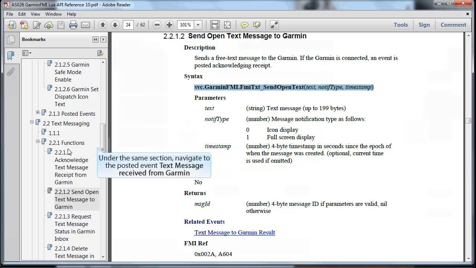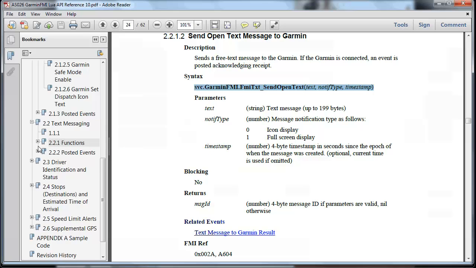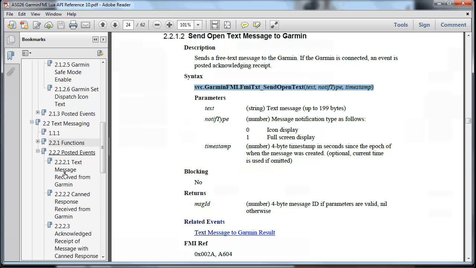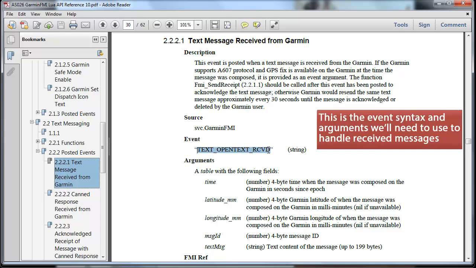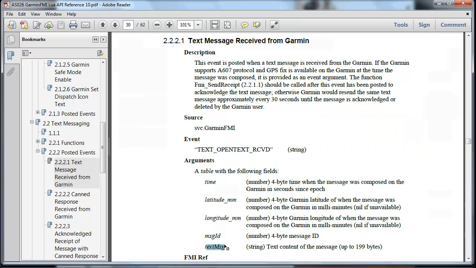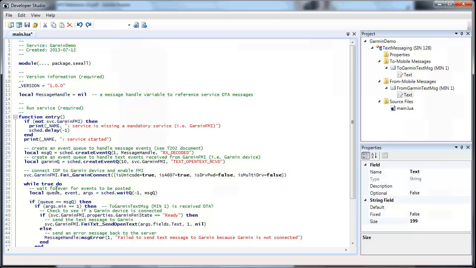Event that we're interested in. Under events in the document, there's an event called open text received, and it has a table of arguments. In those arguments, we have the field text MSG, which would contain the text message that was typed by the user. So if we create our event queue and call it Garmin queue and add it to the list of queues that we're waiting on to report an event,